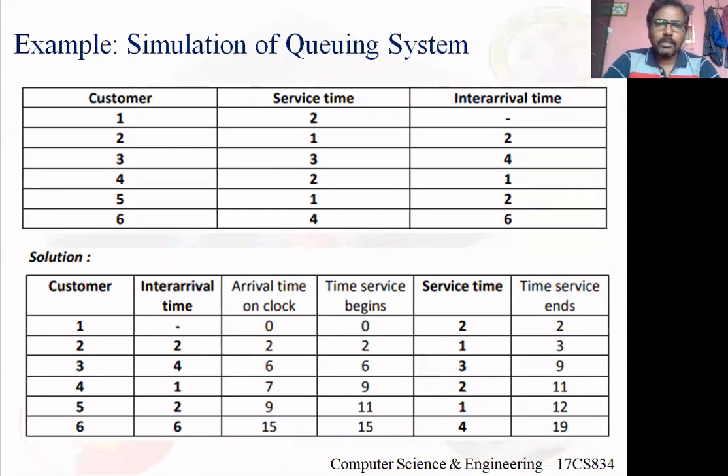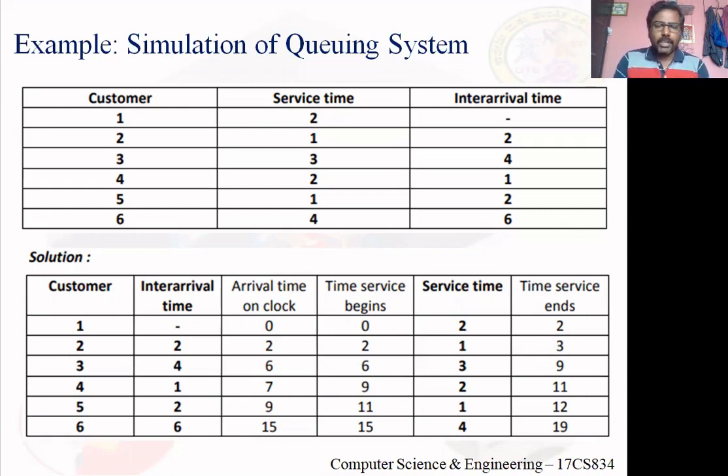Got it? So in this case, I've given you values of 6 service times and 5 inter-arrival times. Means I'm not making use of a random number generator or probability distribution in this case. Just as specified, what are those possible 6 service times? What are those 5 possible inter-arrival times? Okay. So now inputs are given.